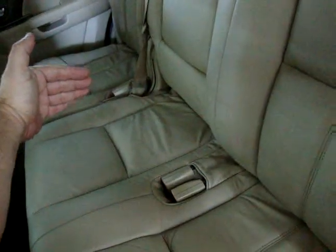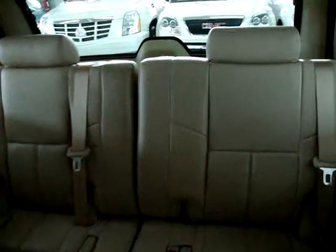Alright? To gain entry to the back, you just pull on this handle and this lifts out of the way. This is what I call a 60-40 seat. Got 60% here. This portion is one piece, and then that portion over there separates into another piece. Full bench in the back, and they'll have an over-the-shoulder belt, including the middle row passenger, which uses that one over there in the center. Okay,